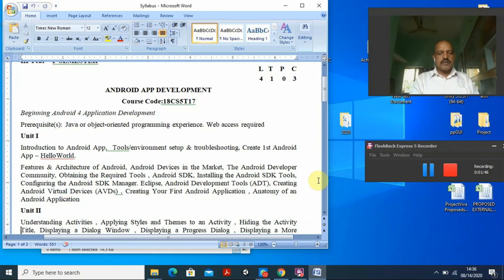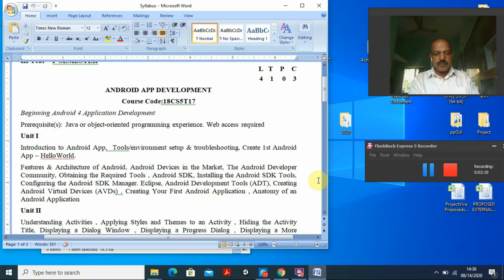Then immediately we'll go for the features and the architecture of Android, and I will explain all the things, because unless you know the architecture of Android, it will be difficult for you to understand the rest. Then the Android devices available in the market, the Android developer community, and obtaining the required tools like the Android SDK.